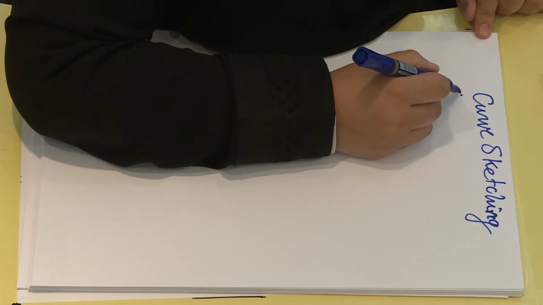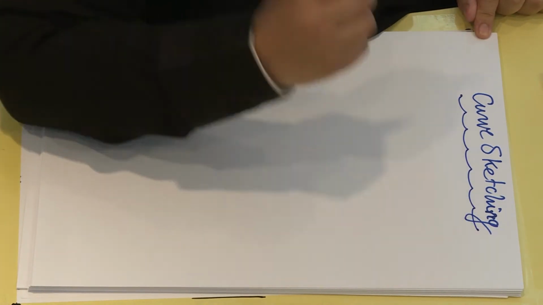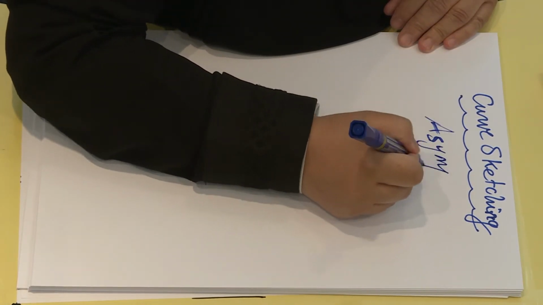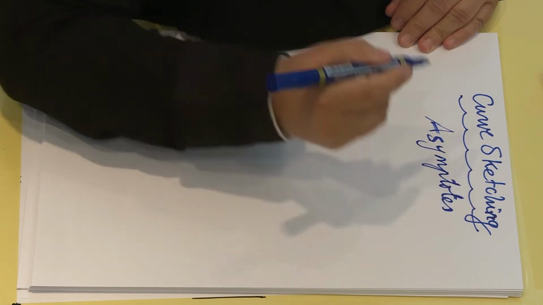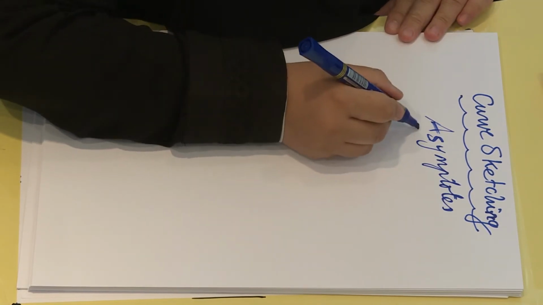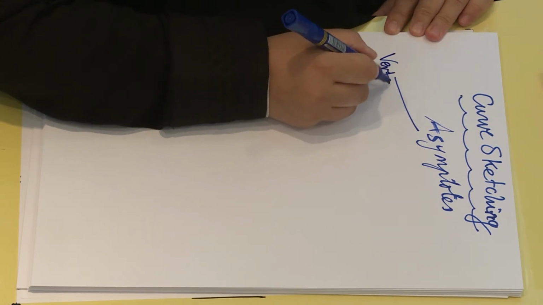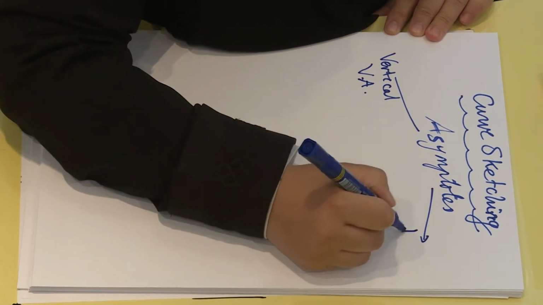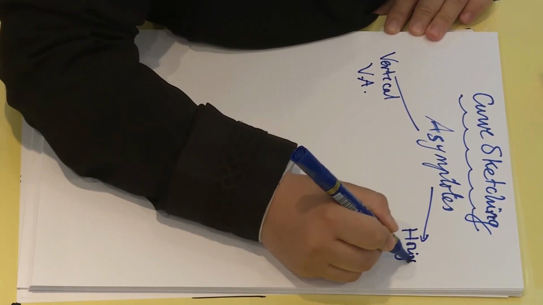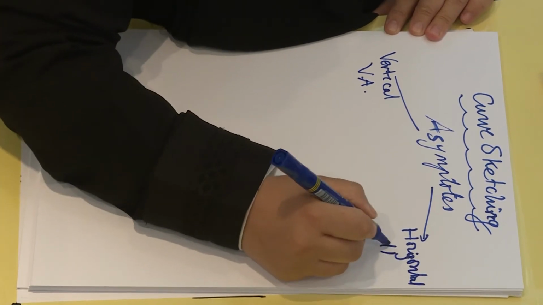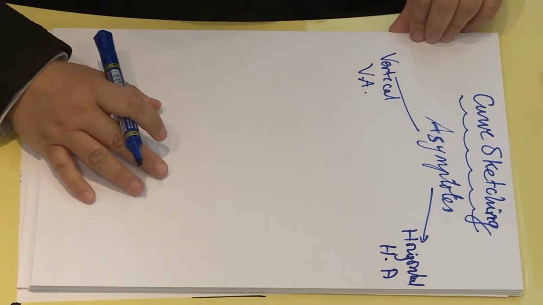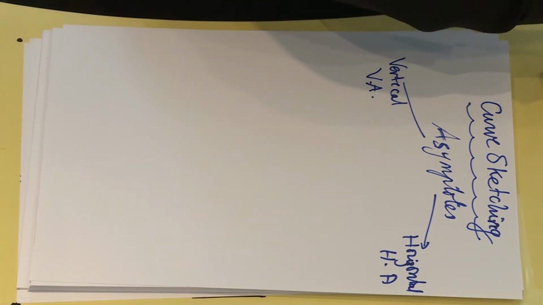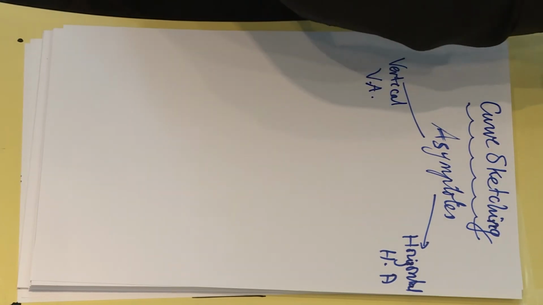Bismillah, we continue our discussion on curve sketching. Today we'll be talking about asymptotes. We'll discuss both vertical asymptotes and horizontal asymptotes. First of all, to start our discussion with vertical asymptotes, suppose we have a function f of x,